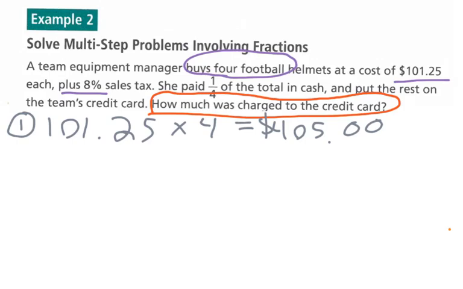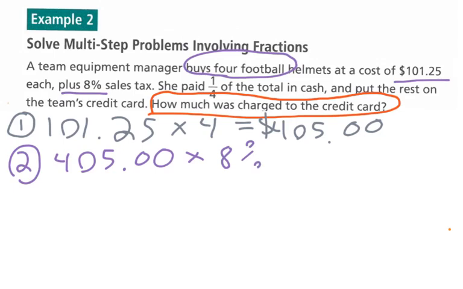So after I figure out what the cost of the 4 football helmets are, my second step is to figure out what the tax is going to be. So I have to take that total, the $405, and I have to figure out tax. So I have to multiply by 8%. And remember, you can do that on your calculator by hitting the second and then the left parentheses for the percent key. And so tax is